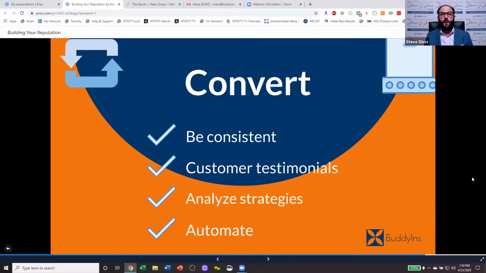I partnered with somebody at the CRM company that I was working with, so I'm paying them for the CRM service. I had them do the automation for me. I told them what I wanted. I said, look, I'm a paying customer of yours. If you want me to continue to pay as a customer, you're going to have to set up this automation for me, and they were more than happy to. So automation is really what's going to save you time.